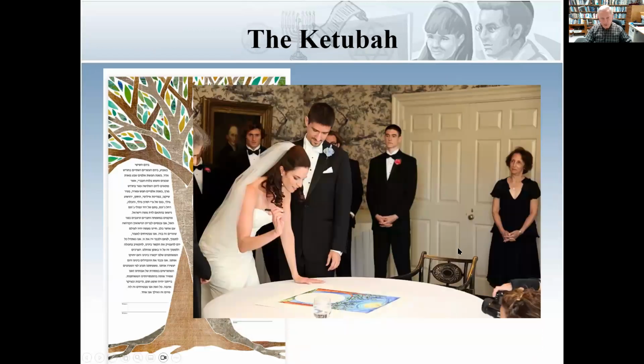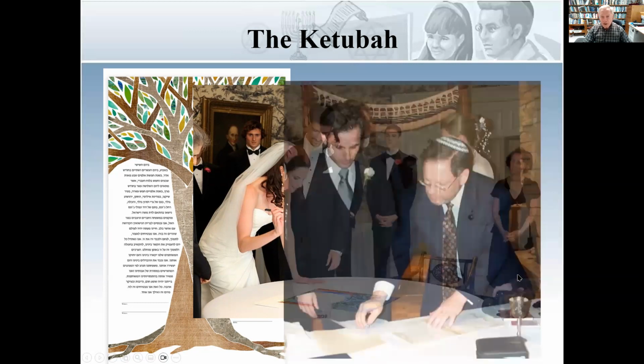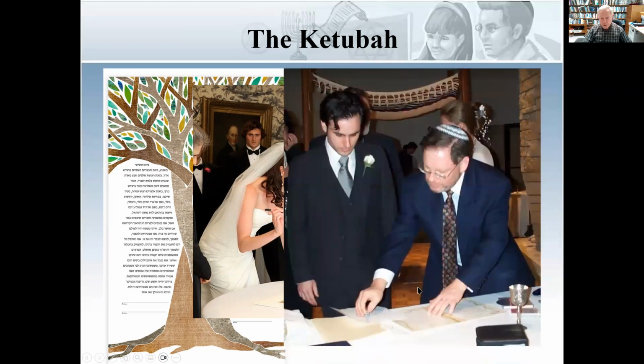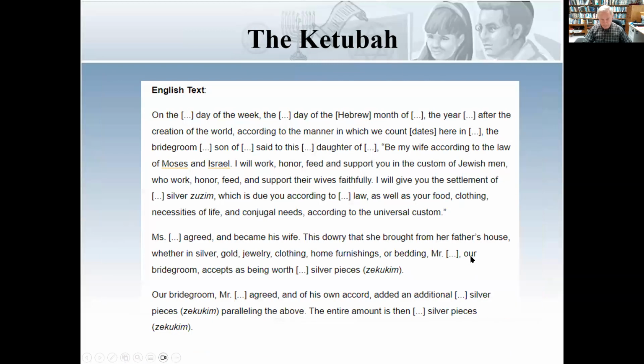So here's an image of a beautiful ketubah that the couple has selected. And here's what happens typically, or I should say often, right before the wedding, the couple will be signing the ketubah. It's actually not traditional for the couple to sign the ketubah. Traditionally, only the two witnesses sign the ketubah. But in modern ketubot, we have the bride, the groom, two witnesses, and the rabbi signing the ketubah. And here is my son signing his ketubah at his own wedding. And there's my own chuppah in the background and a younger yours truly who's officiating at the ceremony.